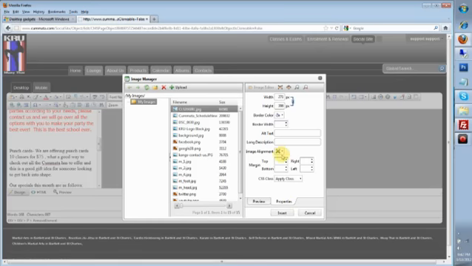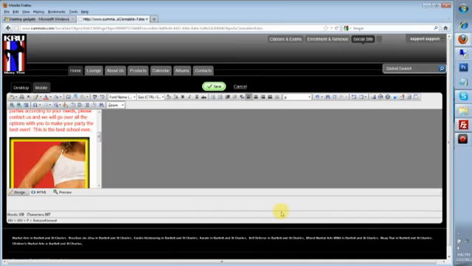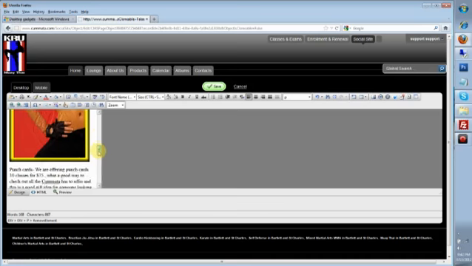But anyways, I'm going to just set it right to dead center. So from here, I'm just going to go ahead and choose my image alignment to be dead center. And then I'm going to go ahead and insert my image. And there is my image inserted into the actual